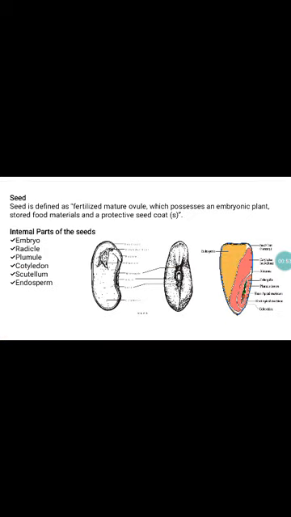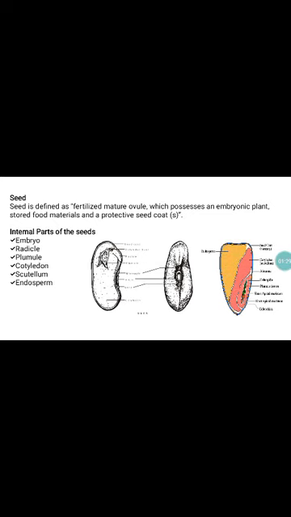Before getting into the seed structure, I wanted to give you the definition of seed. Botanically, the seed is defined as a fertilized matured ovule. Normally the ovule gives rise to seeds, whereas the ovary gives a fruit. In the case of agriculture crops, the fruit itself acts as a seed, whereas in the case of horticulture crops, we have a fruit, and on the inner side of the fruit only the seed is there. So in horticulture crops we have fruit and seed separately, whereas in most agriculture crops, the fruit itself acts as a seed.